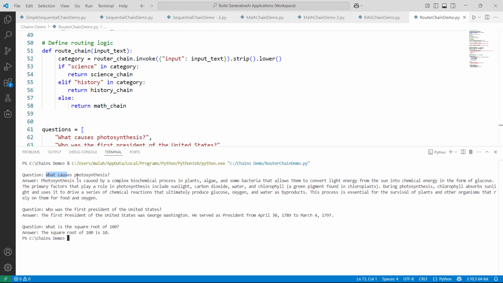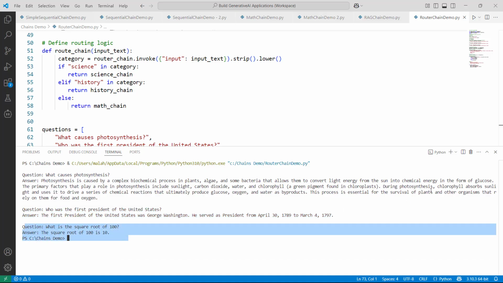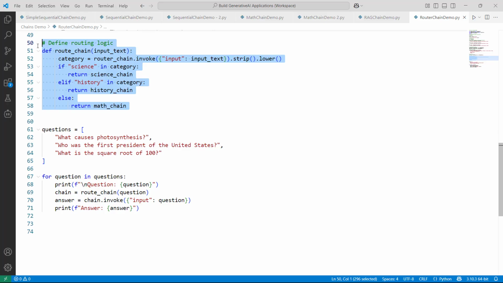So you can see what causes photosynthesis, and the answer is this. Who was the first president of the United States? And the answer is this, George Washington. And what is the square root of 100? The answer is 10, right? So we asked one science question, one history question, and one math question, and we defined the logic here, and